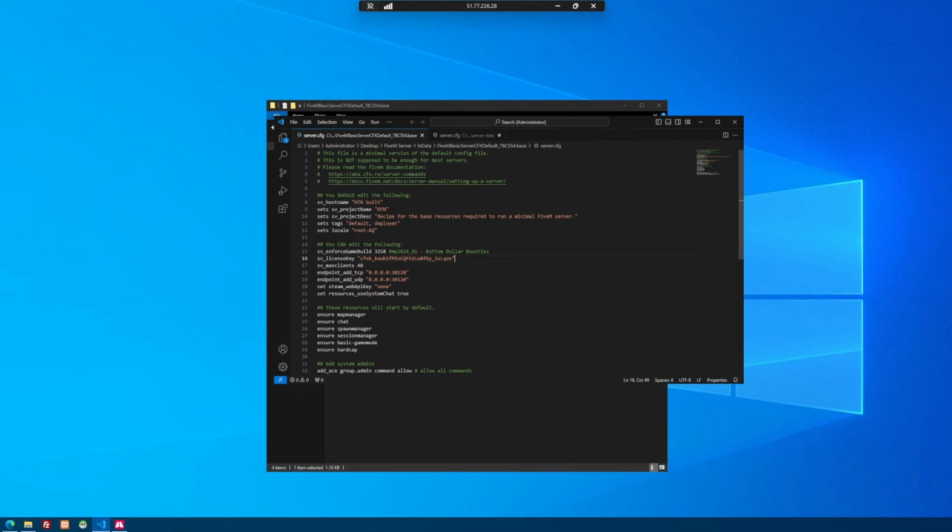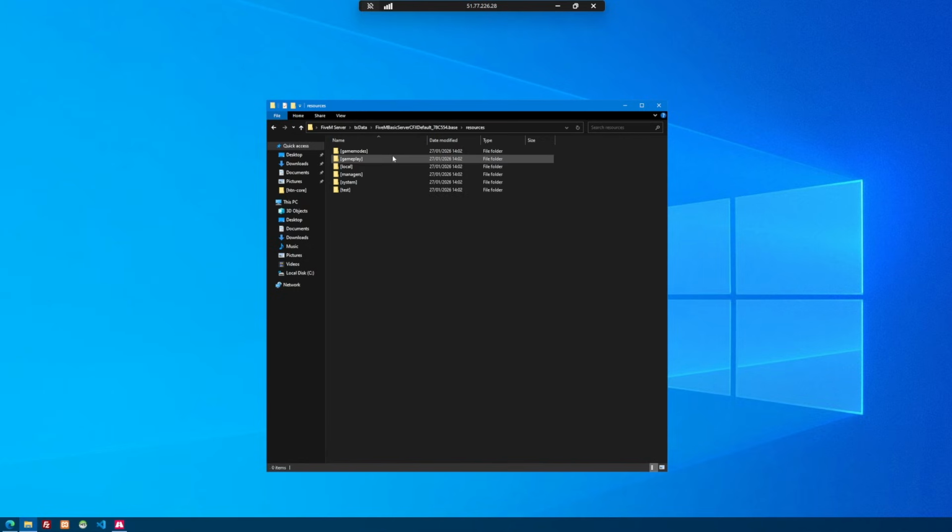So if you do want to edit it, you can come back here. Here is how we add new scripts. We'll ensure them here. It's the folder name. There'll be another video coming on that literally in a couple of days, so make sure you're subscribed. And then in the resources is basically the script for our FiveM server. These are basic scripts the FiveM server needs to run, and this is where we'll install custom scripts in the